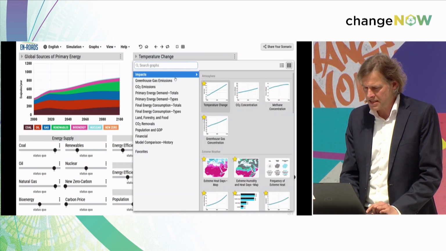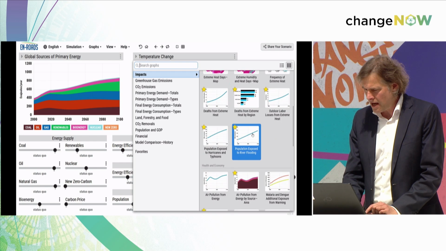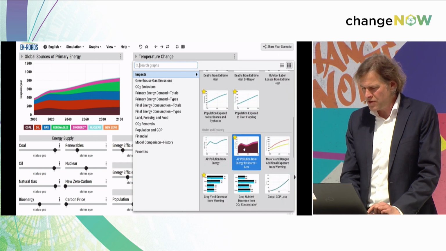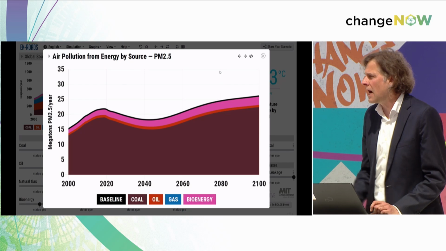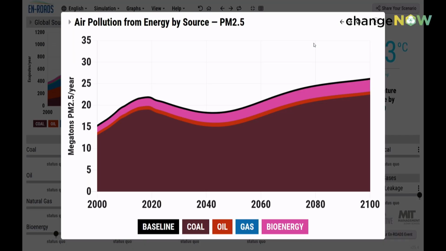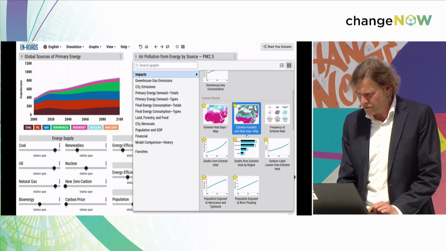Why is this unacceptable? We can have a look at many, many impacts, and I've picked a few. For example, this one here is air pollution. More than 7 million people are dying prematurely every year because of bad air quality. PM 2.5 are these little particles that go deep in your lungs and create many, many lung and heart diseases, diabetes, dementia, and so on. Big burden on health